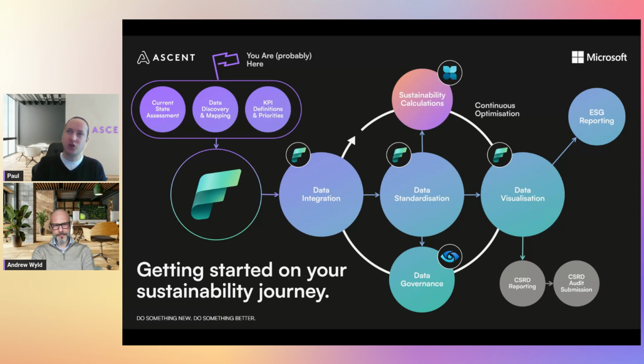And I don't think I'm trying to undersell here. The management is super important because of the governance piece that Andrew mentioned earlier. The most important thing is how you have calculated it, and making sure that you understand that methodology. And again, that governance and auditability is built into Microsoft Sustainability Manager.